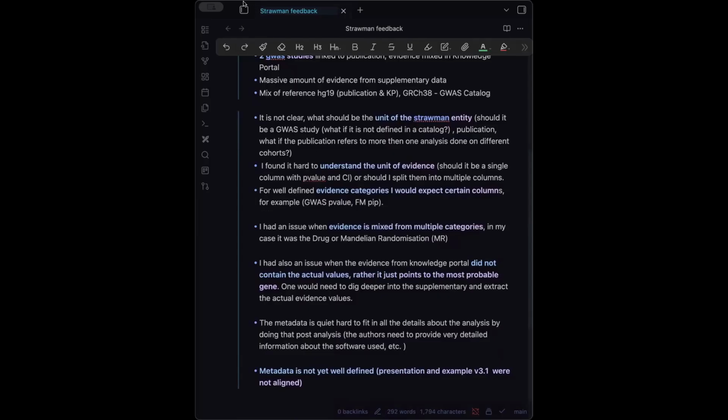Yeah, and thinking of those points again from the view of a user submitting their own data, you could argue that the two GWASs should be separate and they would provide them as two separate lists, maybe. And similarly with the merging of the evidence, they would have to decide which ones to include. That would be an author choice. But when you're curating it, it's much more difficult. But they are interesting issues. But I wonder if the two GWAS case is meaningfully two GWAS or in some weird edge case way, or it's just that they happen to co-occur and they could be split. So thank you for your feedback.